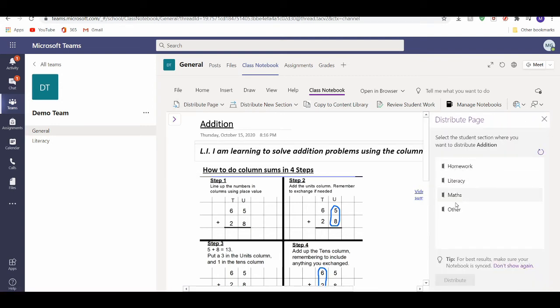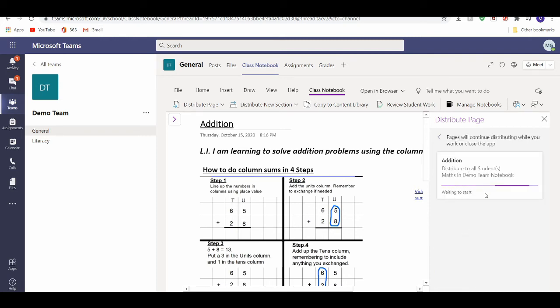I then have the option to choose which section of their page it will be distributed to. Because this is a math sheet, I'm going to put it in the math section that I created, and then I just click Distribute. Now this will spin for just a wee while as it uploads this to all of the learners, but then whenever they log in, they'll be able to see this page and they'll be able to edit